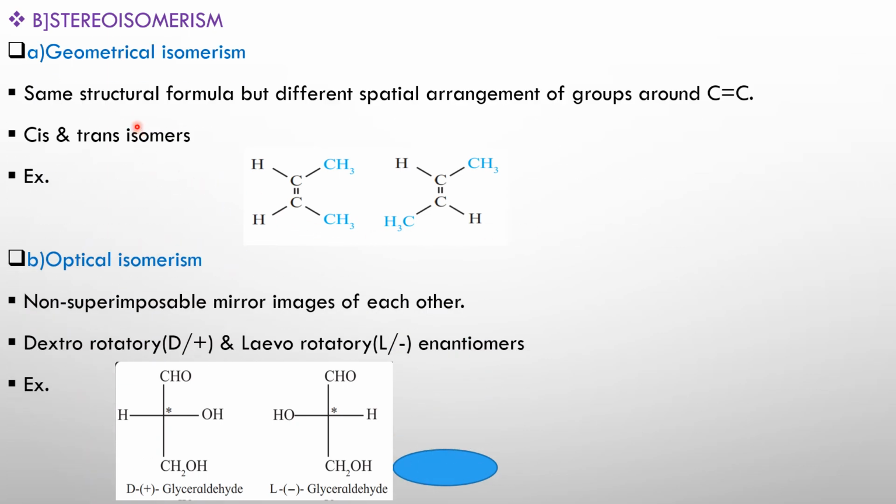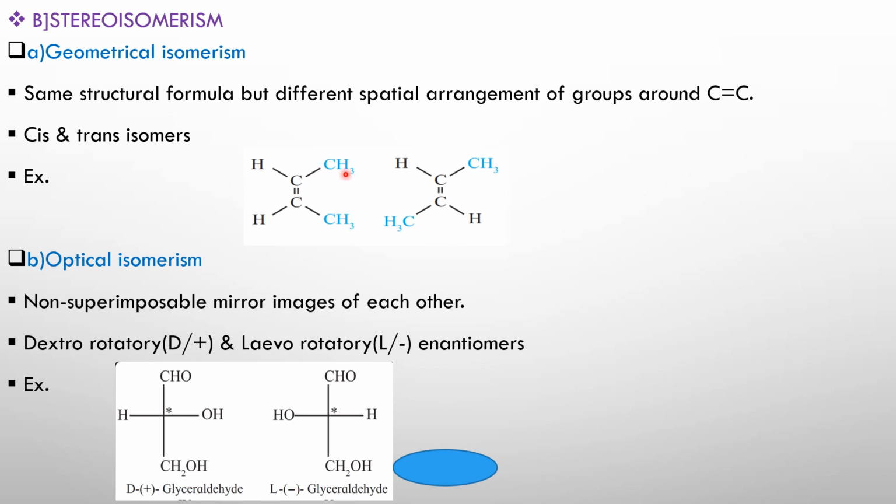The second type of isomerism is stereoisomerism. In stereoisomerism we have two types. First is geometrical isomerism. In geometrical isomerism, two or more organic compounds have the same structural formula. Of course the molecular formula is also the same, but a different spatial arrangement of groups around the carbon carbon double bond is observed. So for example,